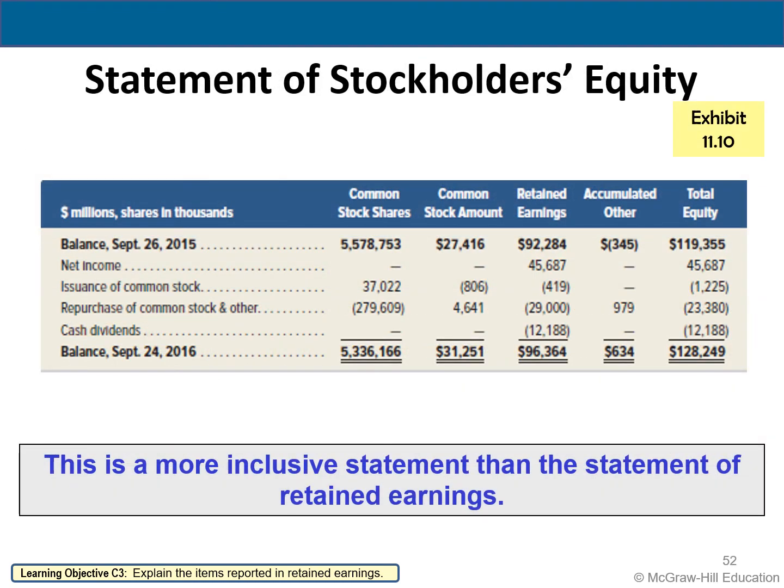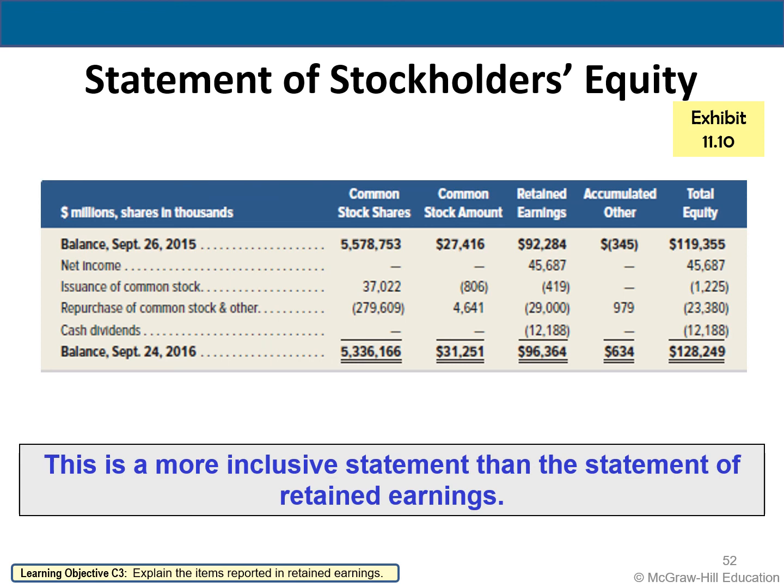Okay, so throughout the class, we've talked about the four primary financial statements: the balance sheet, the income statement, the statement of cash flow, and the statement of retained earnings. Sometimes instead of a statement of retained earnings, you'll have the statement of stockholders' equity. It's really just a more comprehensive way of presenting some of the same information as a statement of retained earnings has. And so sometimes you'll see this instead.